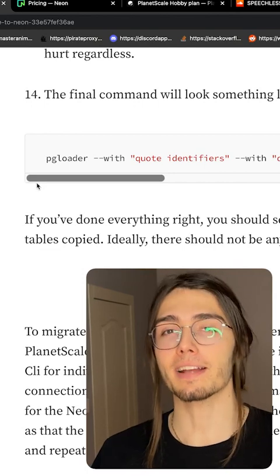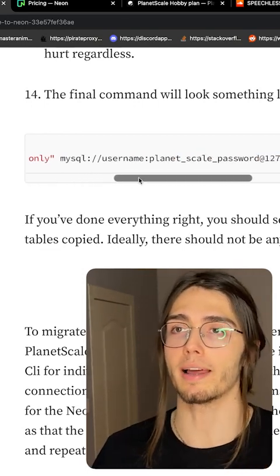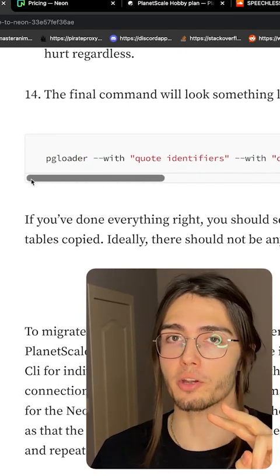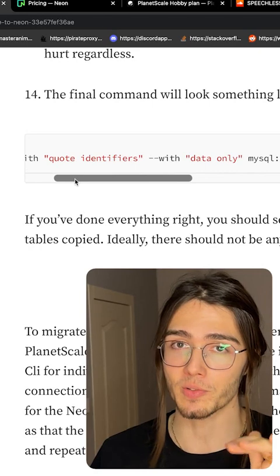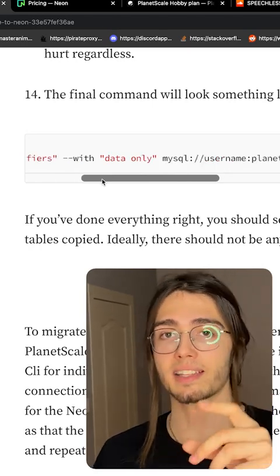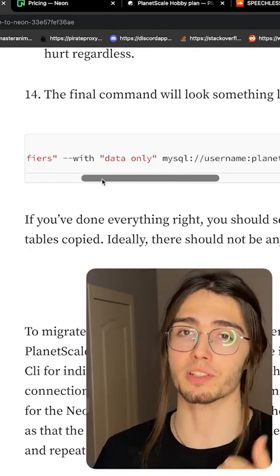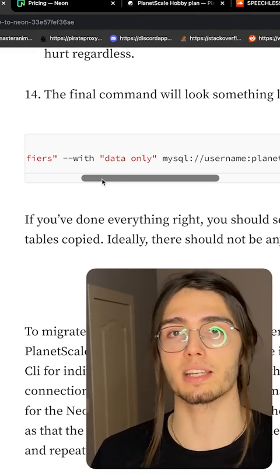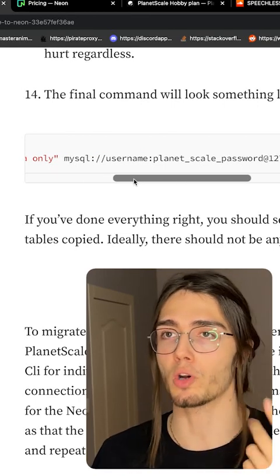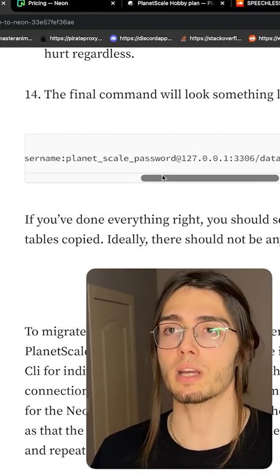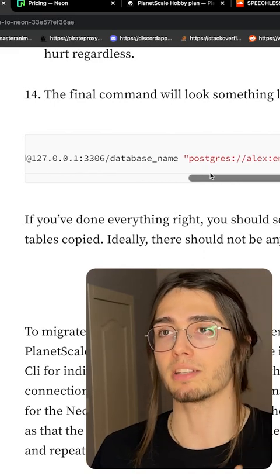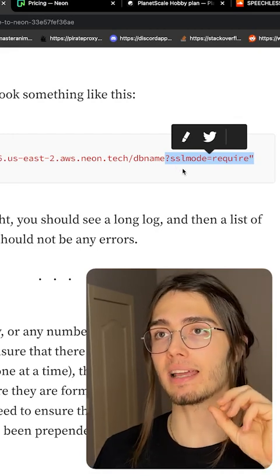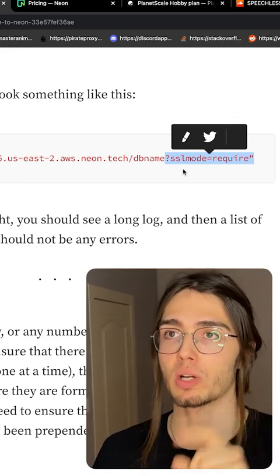If you've done everything correctly, this is how the final command should look like, where going through it, you have pgloader with two arguments, one telling it to pay attention to the casings on the table names. The second tells pgloader to only copy the data from the source MySQL database. Because remember, Prisma already set up the Postgres database schema for us, so we don't need to copy that one as well with pgloader. And here we have the MySQL source database URL, and we have the target database URL. Do note it is double quoted, and at the end of the Postgres database URL you do have SSL mode